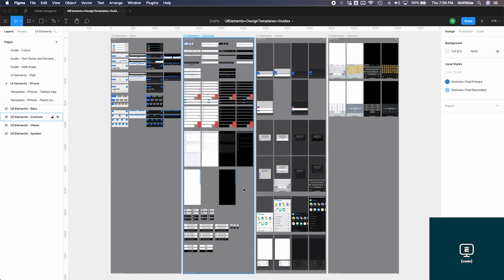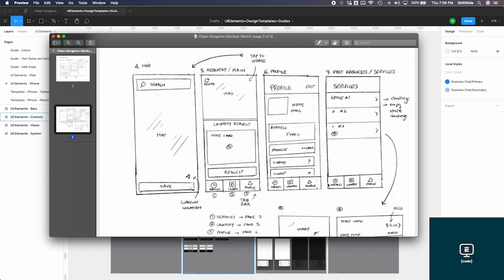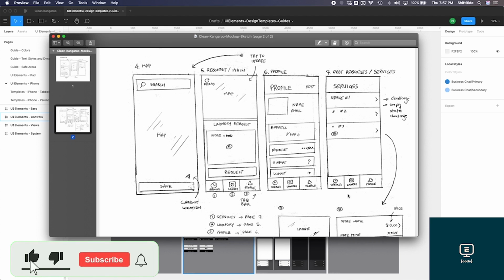And then we're looking to apply a couple things right now. I'm just going to drag my mock-up sketch here. You'll see from here that on these two pages, we want to have a navigation bar here. And then on these three pages, the main pages, we'll have a tab bar in order to switch between these pages. So let's go ahead and drag a navigation bar and a tab bar into our designs from the iOS